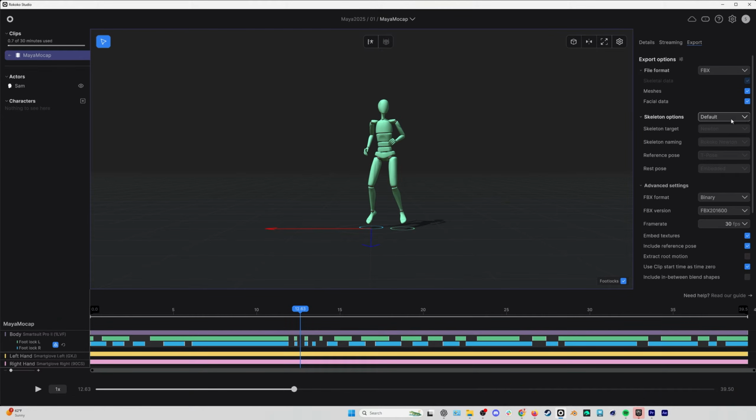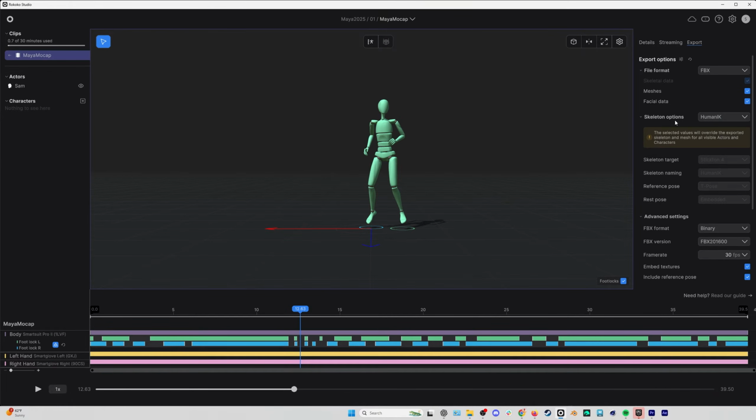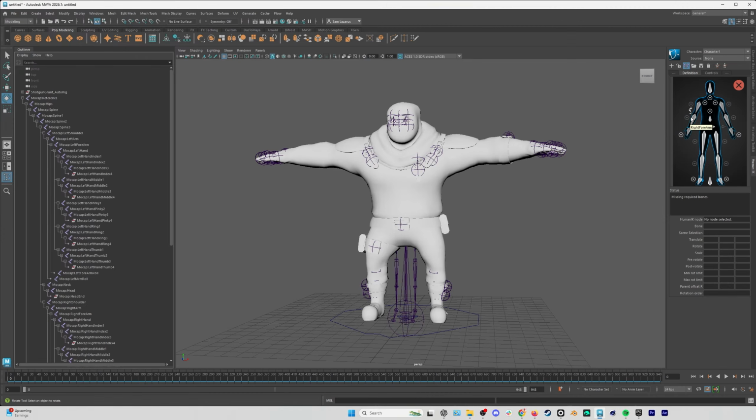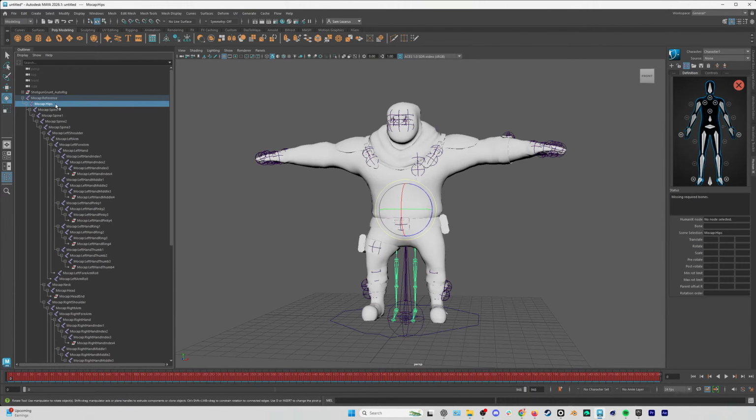Now, when we exported out of Rokoko Studio, we used the human IK skeleton. And that's because when we bring the skeleton into Maya, it has a built-in human IK preset for bone maps. So all we need to do is select the hips of our motion capture and then go up to this load folder button. And then from the template list, we'll select HIK, which should just come with Maya, and then hit OK, and you'll see everything is just green from the start,